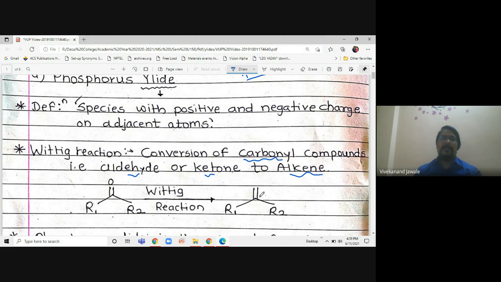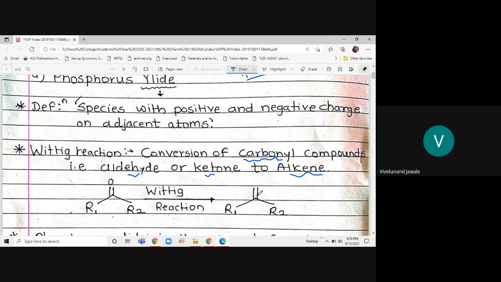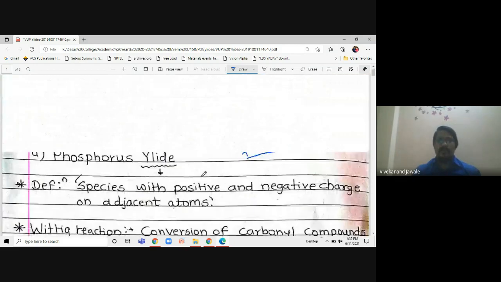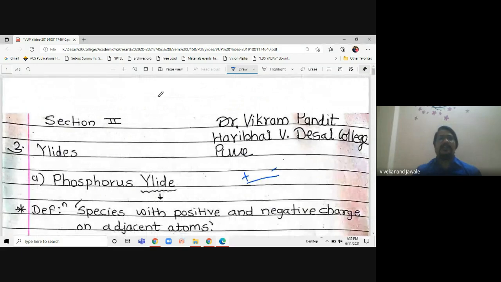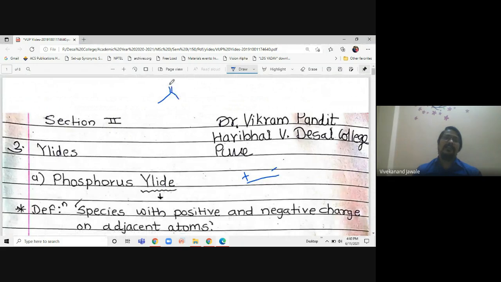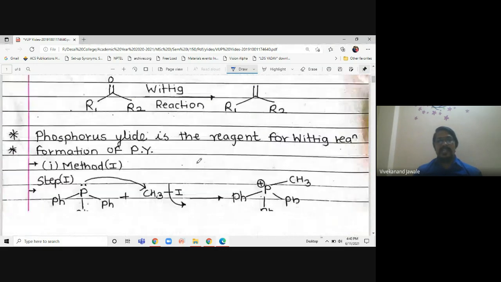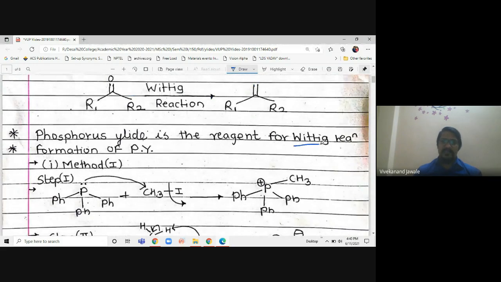So now while you are studying for the SET exam, when you are writing your own notes, this file will be provided to you. So somewhere at the top of any page, you should write that if we have any carbonyl, okay, so carbonyl can be converted into alkene. So a double bonded alkene can be formed by using this. Okay, so the phosphorus halide is the reagent for the Wittig reaction. So this Wittig reaction is very important as we have seen. So many drugs can be synthesized by using this particular Wittig reaction.